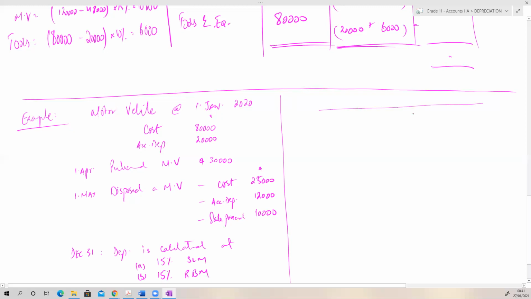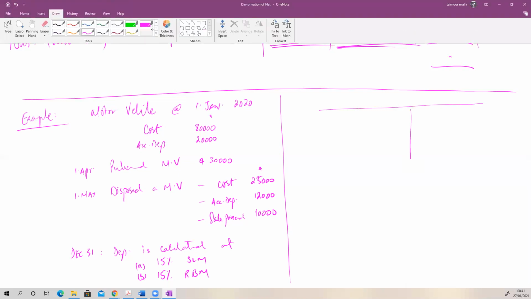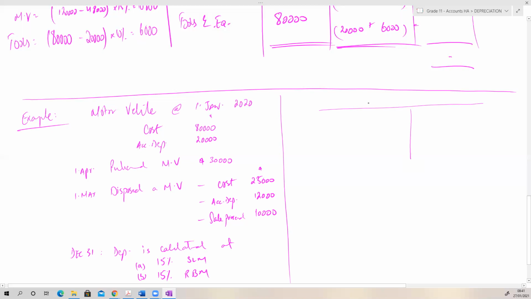Now the cost account would not change at all. There's no difference in transactions that is happening in the motor vehicle cost account. The motor vehicle, the cost account is 2020 January 1st, cost brought forward 80,000. On April 1st, आपने addition किया of 30,000 and May 1st को